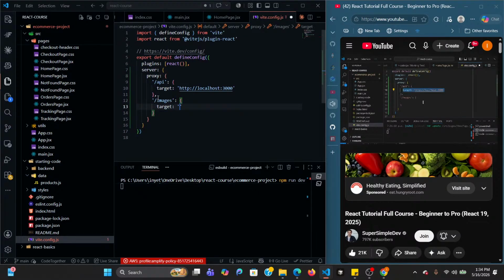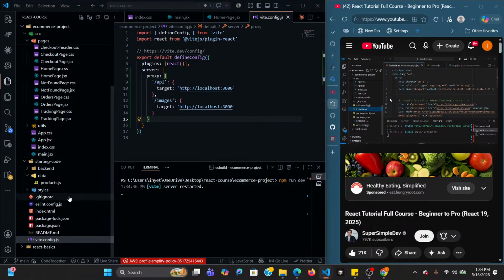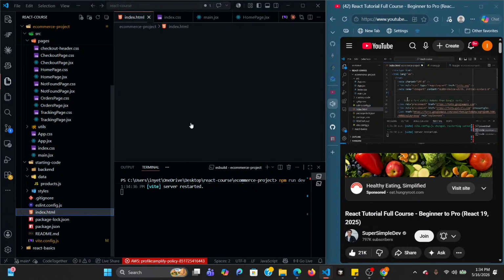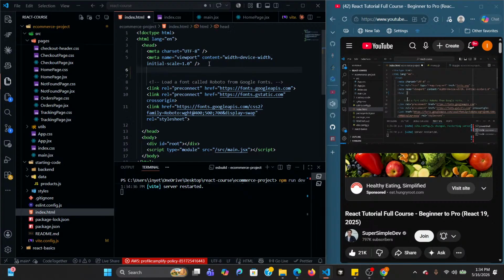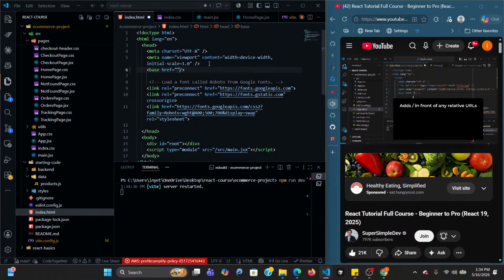So we'll select this and copy, and in here we'll paste and save. And we need to do one more thing. We're going to go inside index.html, and in the head, we're going to add a <base> tag. And we're going to give this an attribute href equals double quotes and a slash. So this adds a slash in front of any relative URLs. All the image URLs start with images, and this will convert them into /images